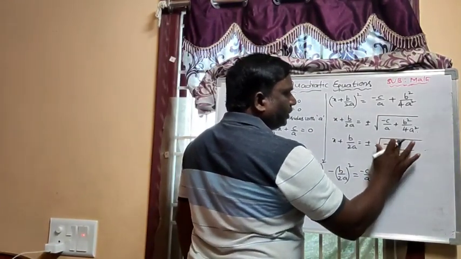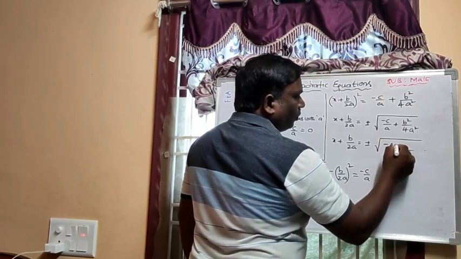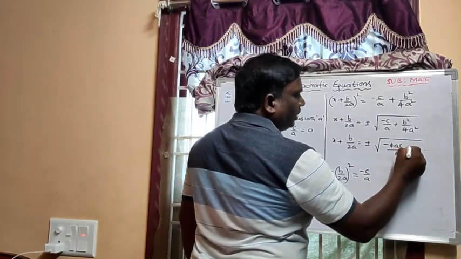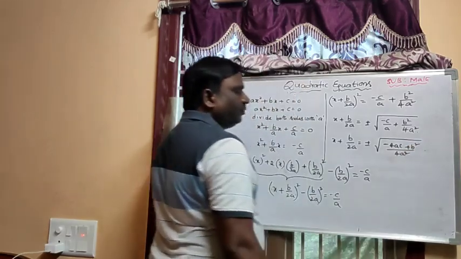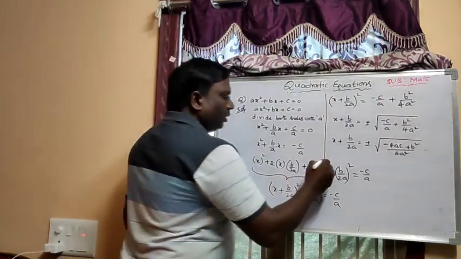Now the LCM is 4a square, minus 4ac plus b square, by 4a square. Now